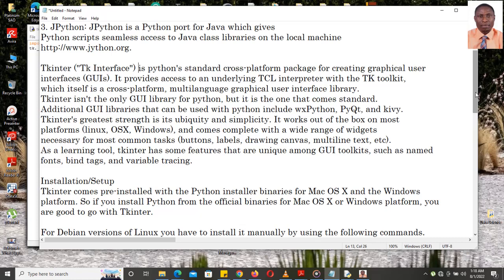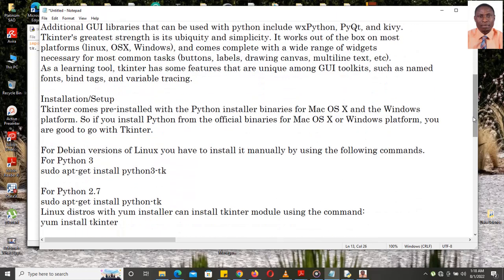As a learning tool, Tkinter has some features that are unique among GUI toolkits, such as named fonts, bind tags, and variable tracing. So we're talking about installation and setup. Tkinter comes pre-installed with Python installer binaries for macOS and Windows platforms. So if you are using macOS or Windows, the moment you download your Python and install it on your machine,